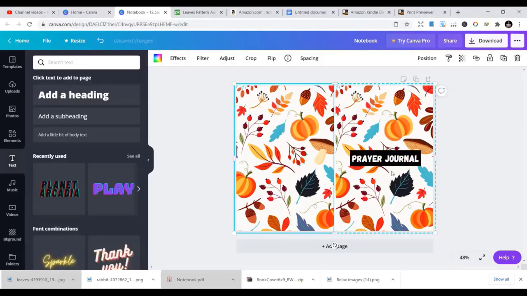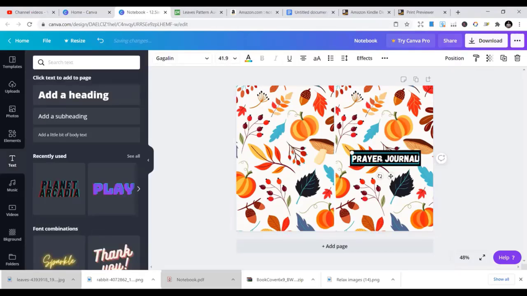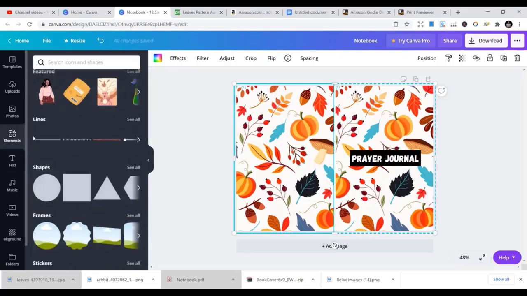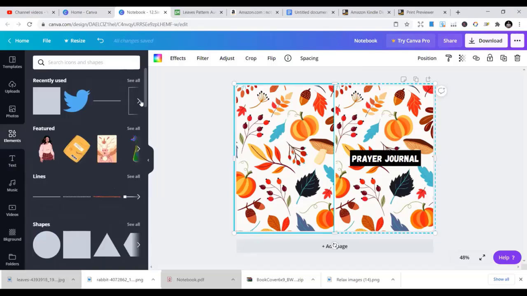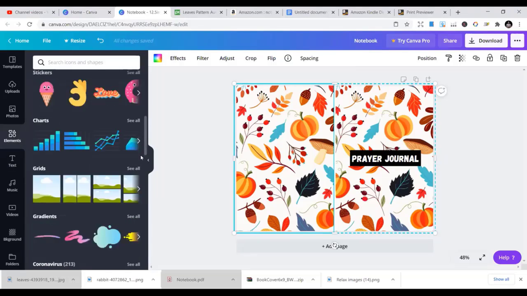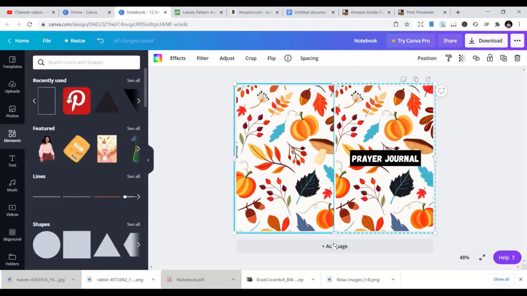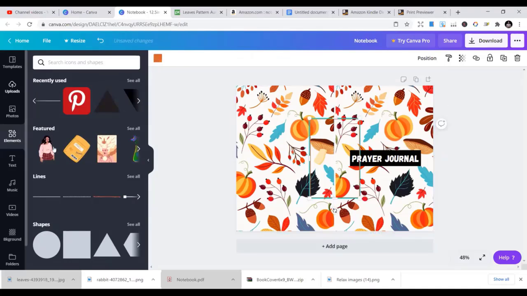So I think this is okay. Create journal, as simple as it is, people will be able to buy. Then you can also add some nice elements to it. There's an element I always use, this one. Once you go on to one of the lines or the elements, you see this element, which you just click on to add, shaping it,